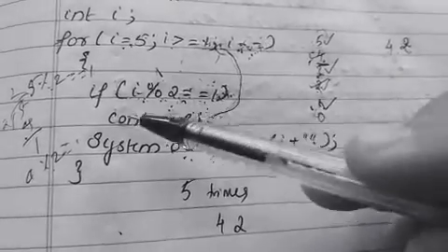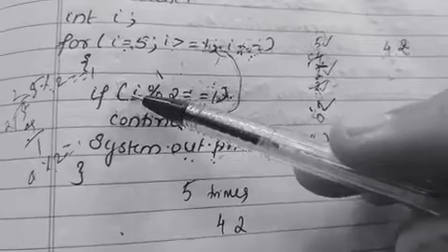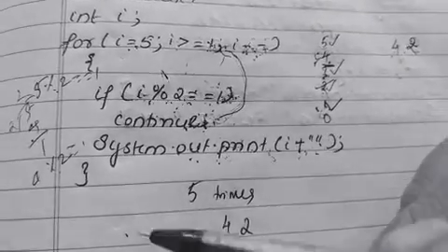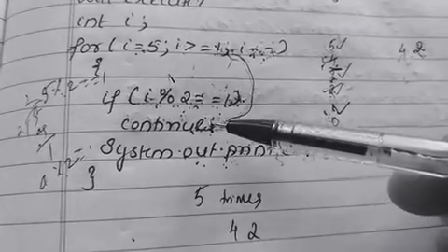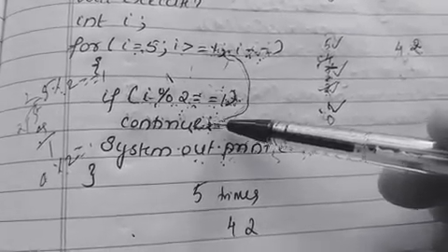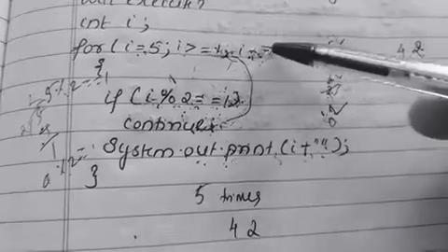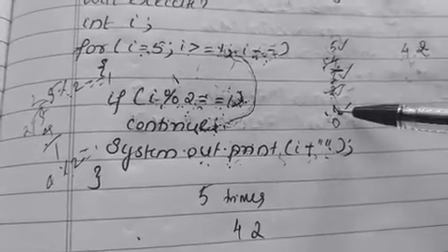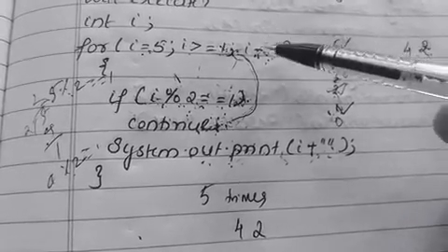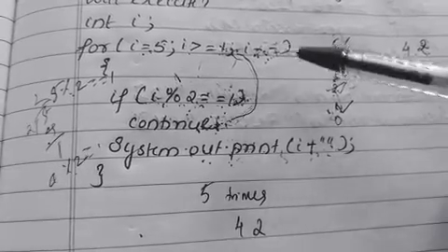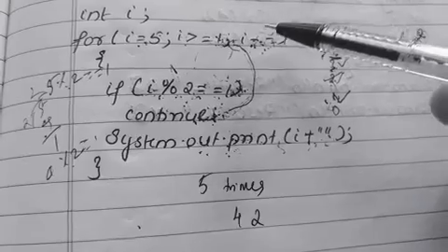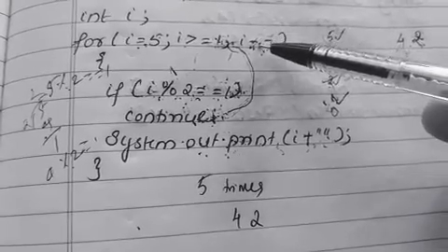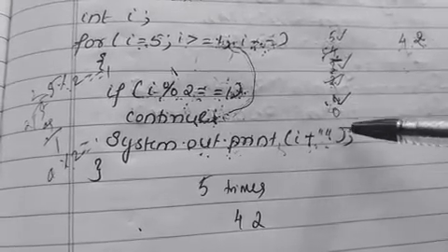So with that value we come inside the loop. We check the condition if I mod 2 equal to 1. 1 is divided by 2. What is the remainder? It's 1. So 1 equal to 1. So what happens? Continue. The control goes to the for loop. So we won't print this. Clear. We will come to the loop. What happens? The value of I will be decremented. Now the value of I becomes 0.